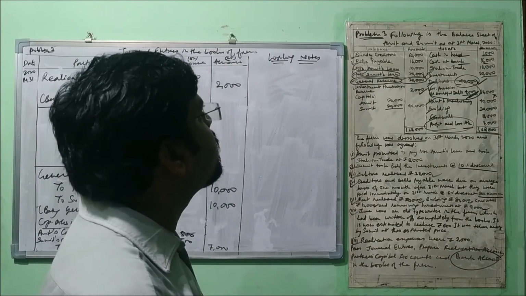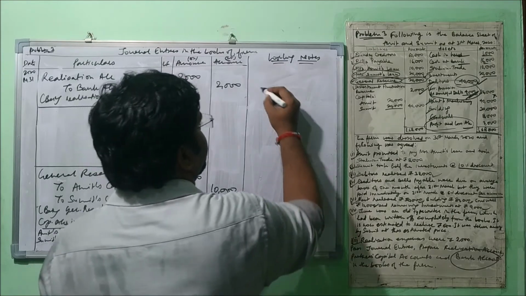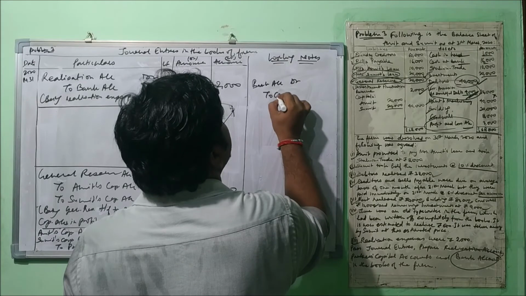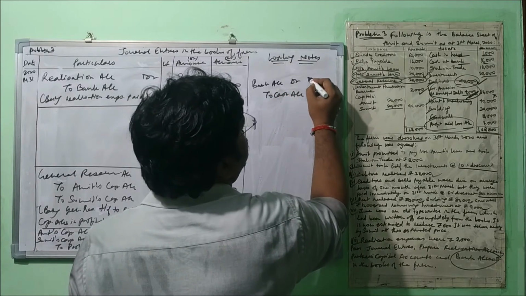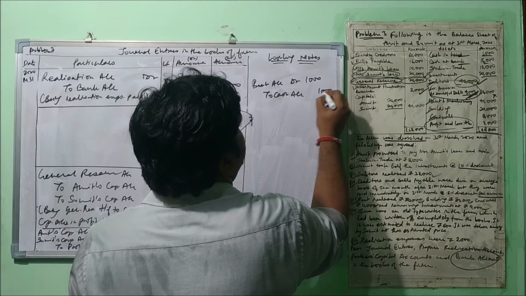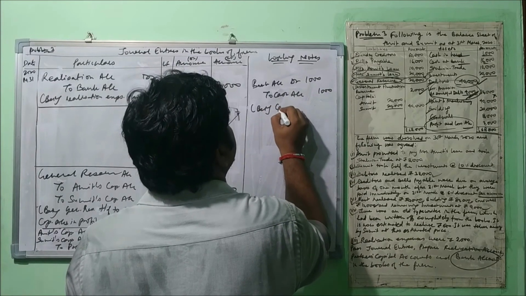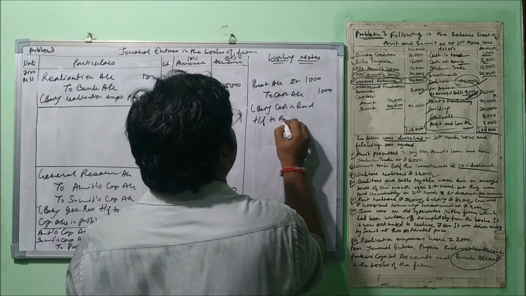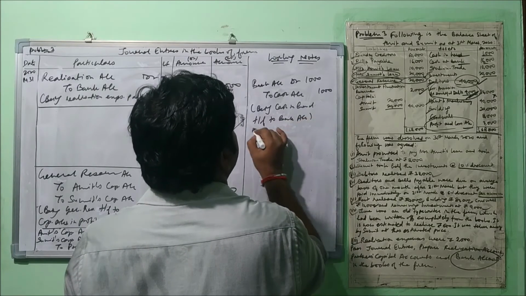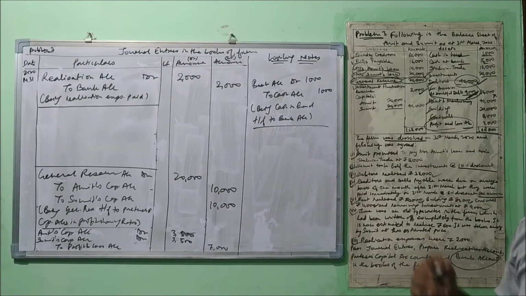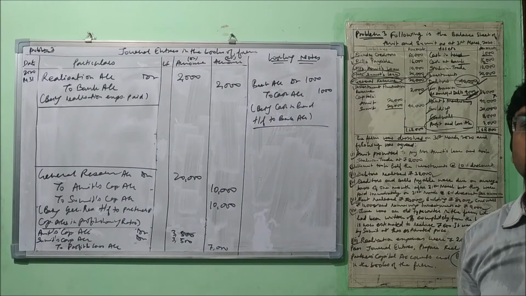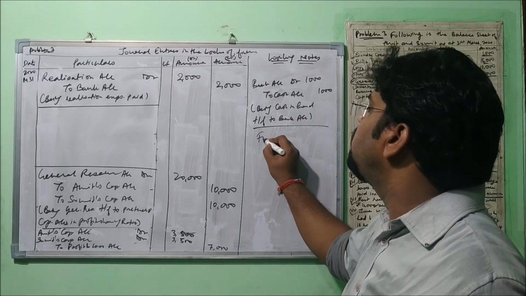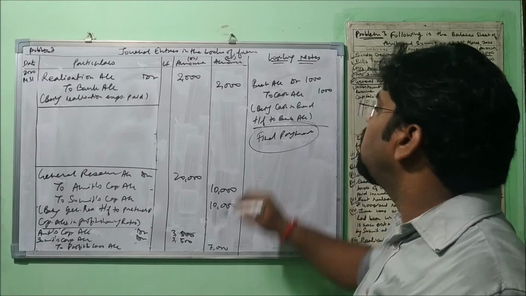Then at the time of preparation of bank account, we'll pass one entry. What entry? Bank account debit to cash account 1,000. Being cash in hand deposited, transferred to bank account. Right? Means cash in hand will be transferred to bank account so that the treatment can be done. Understood? Okay, one more journal entry will be there for the final payment, and that will be done when we